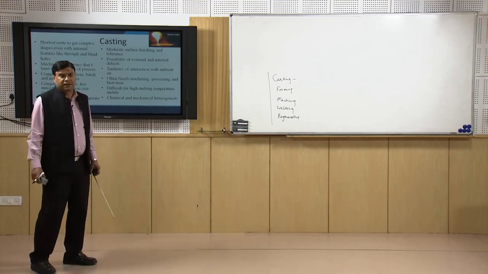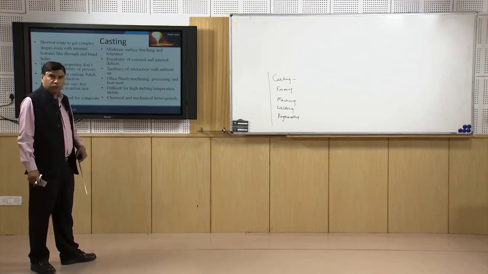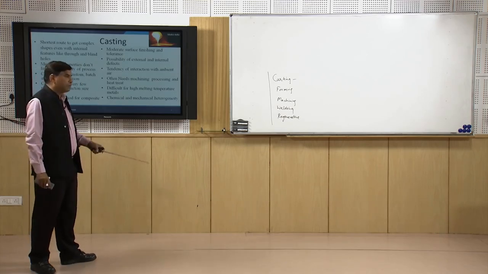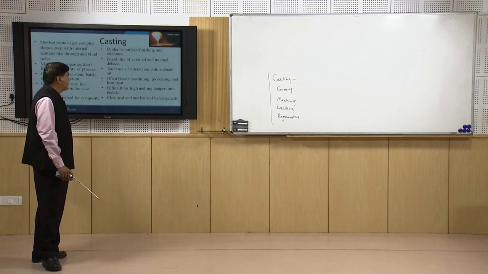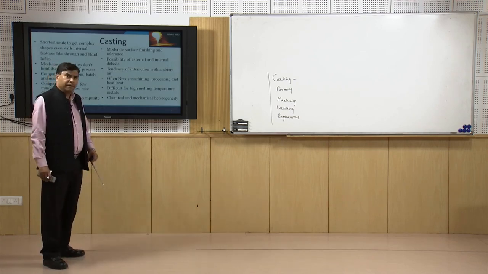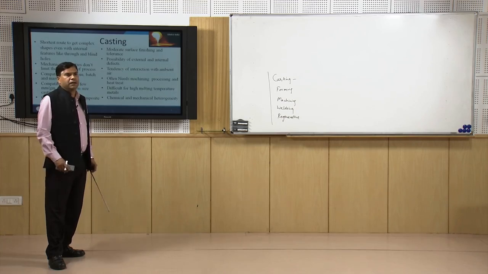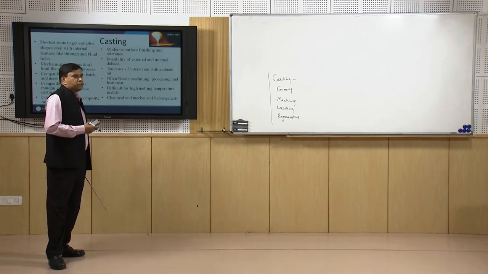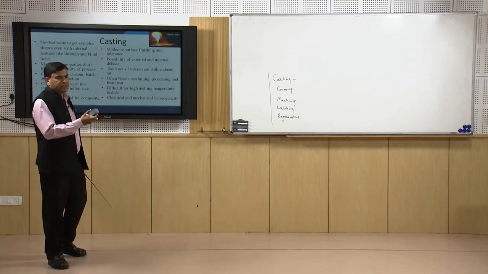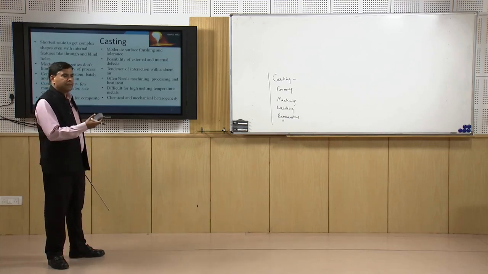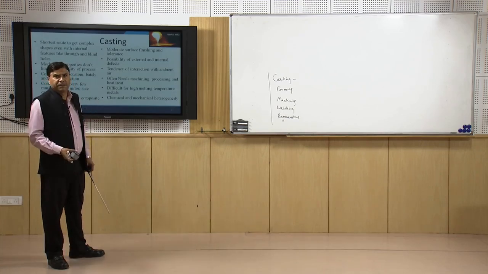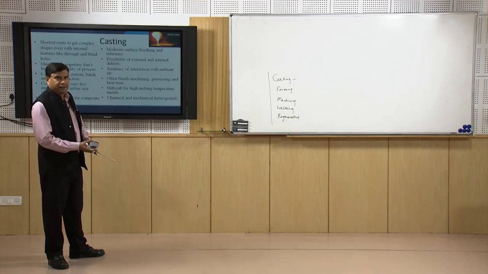If the gases do not find enough opportunity to come out of the casting during the solidification, and these gases also sometimes react with the molten metal, and if these do not float over the surface of the molten metal during the solidification, then they may remain trapped in the castings,